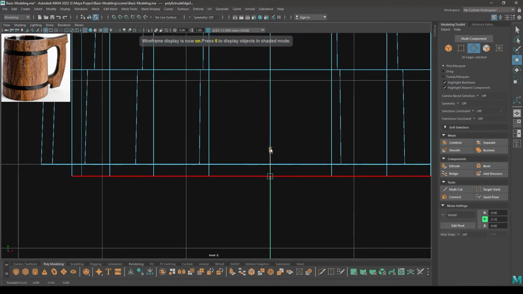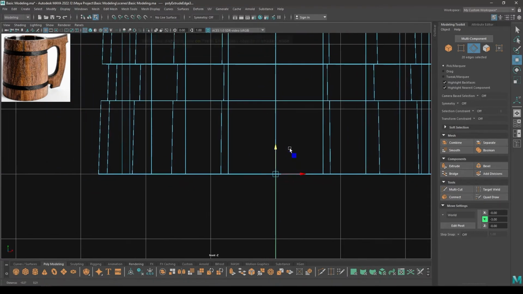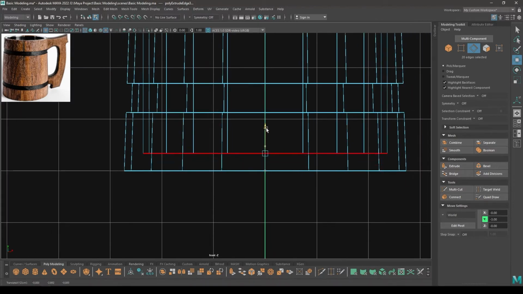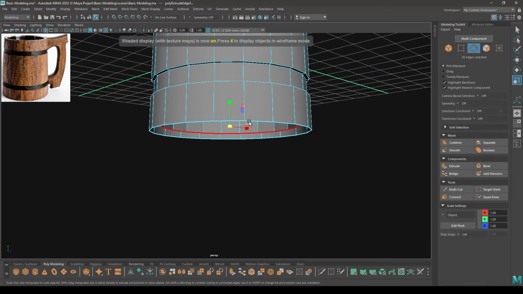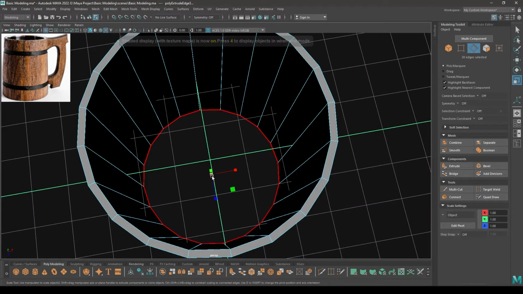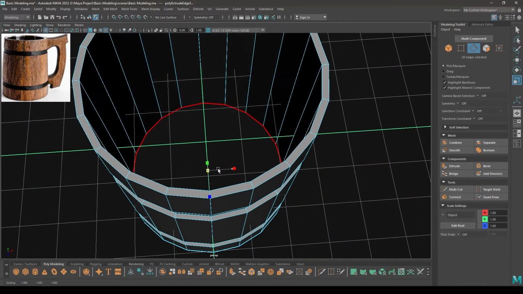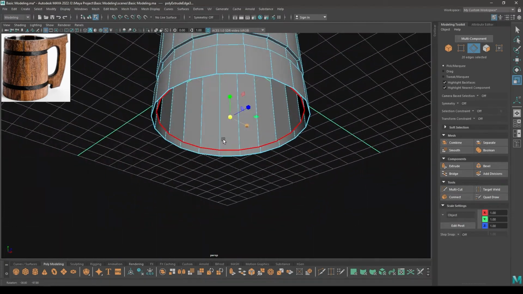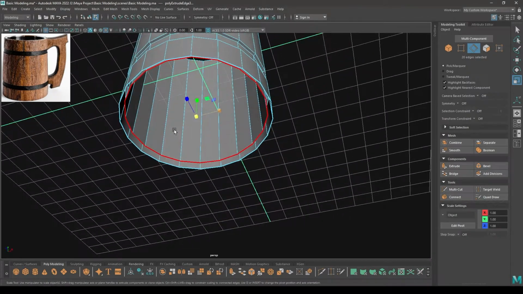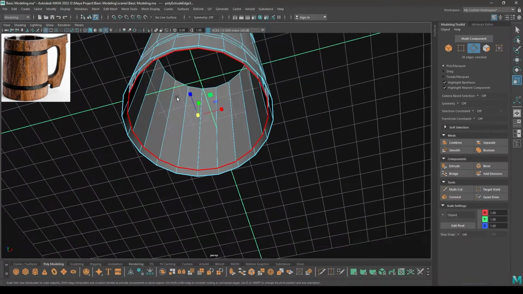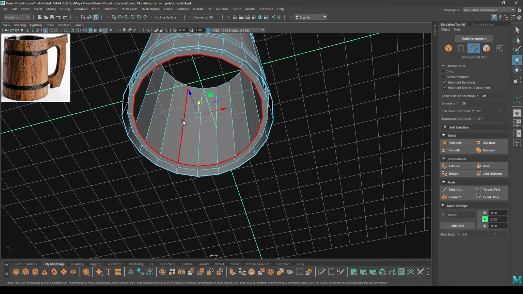Go to wireframe mode and pull them up like this. Maybe a little bit up. Then scale. And now press shift and scale again.